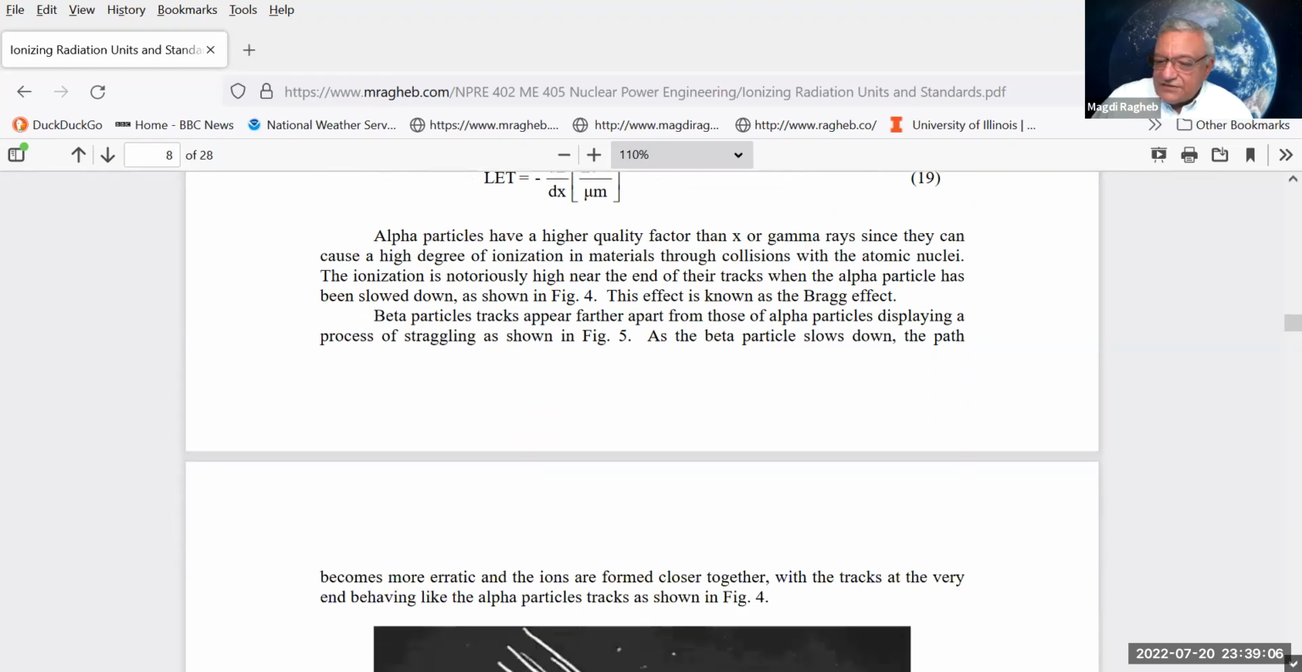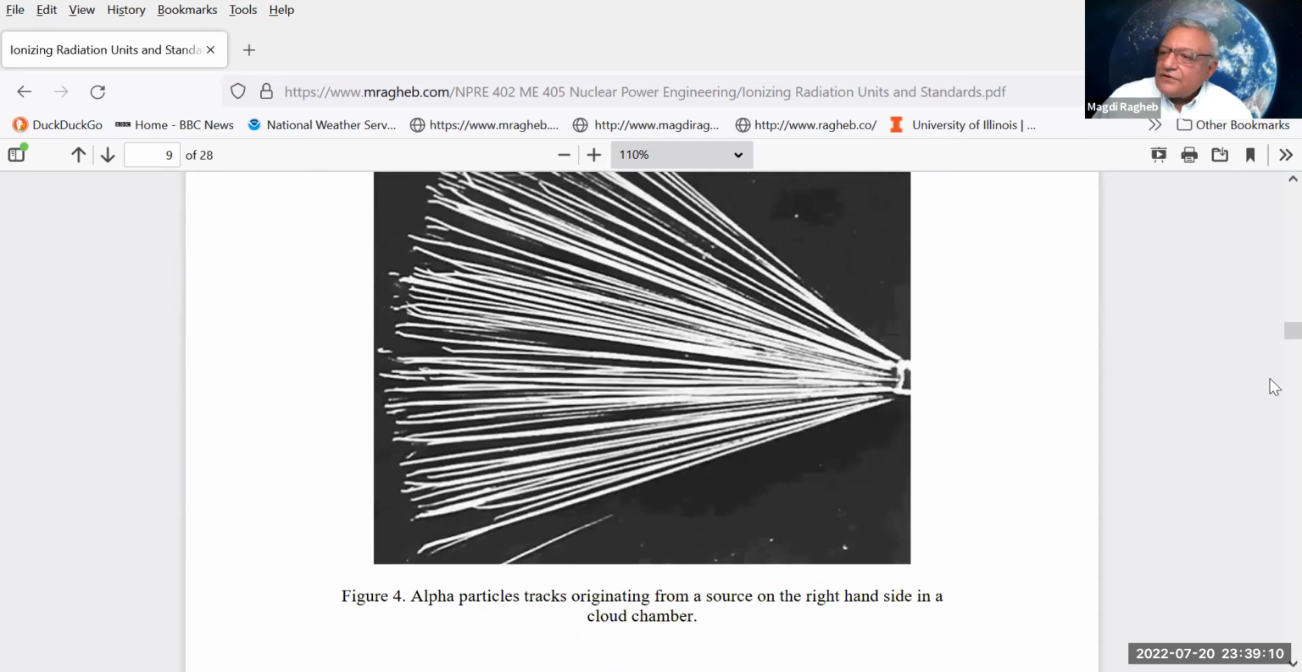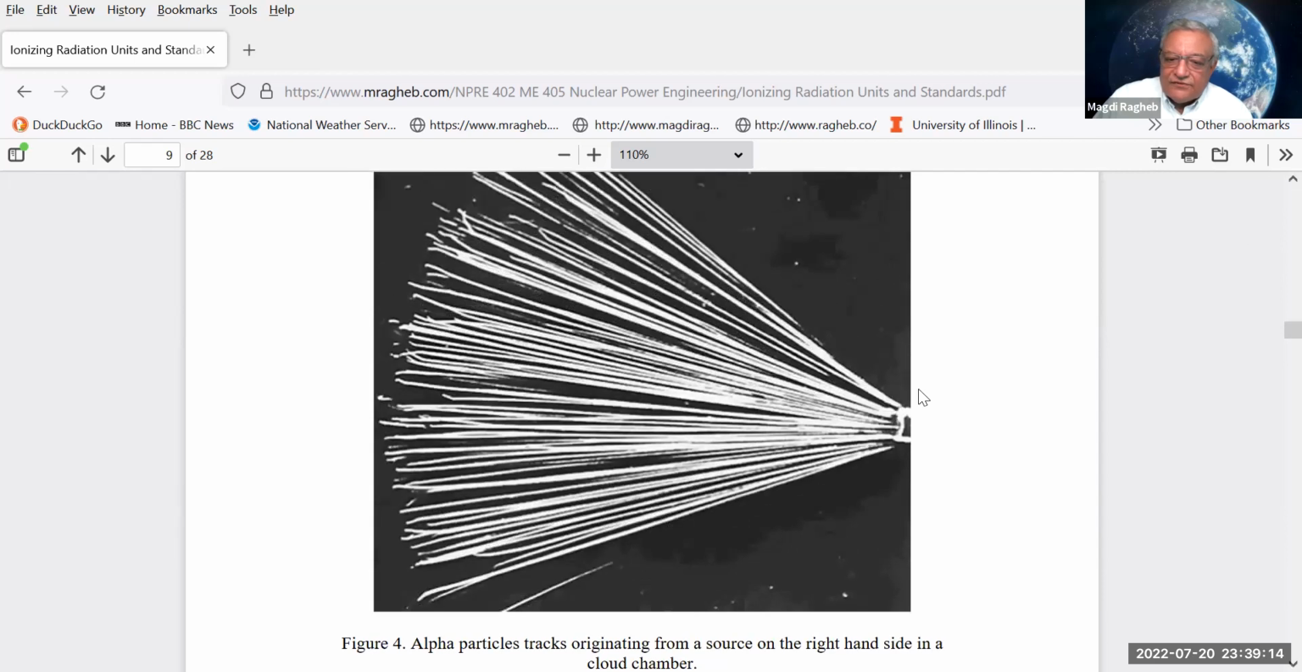So in essence, different types of radiation behave in different ways. This is a picture of how alpha particles behave. That's an alpha particle source. You find that when they're emitted from a source of alpha particles, like uranium maybe, they move in straight lines. This is the alpha particles moving in a straight line. And then notice something interesting here. At the end of their path, this is in a